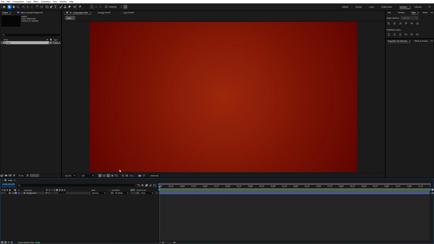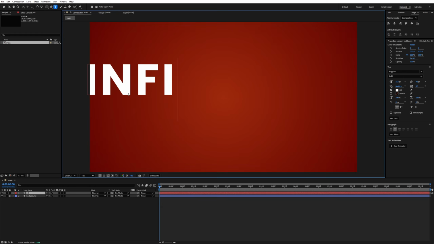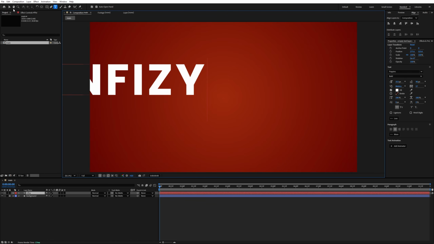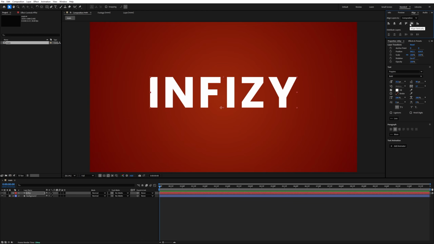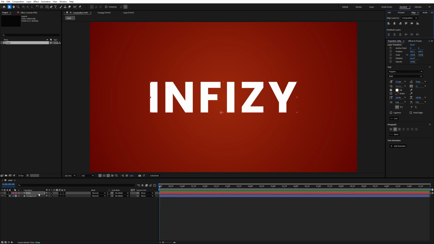Now let's add a text. So click on this text and type your text. So I will type in fuzzy and make sure it's center aligned. So click on this from the top and horizontally, and center line properly. Now Control D to duplicate this one,